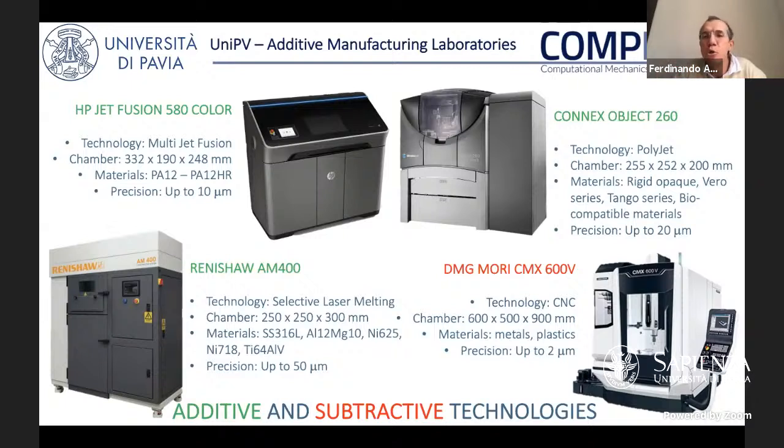And here I'm showing you some of the technologies that we are bringing into our lab. So now in the lab, we have a metal printer. These are just a few of the technologies we have. That's a metal printer. This is a Jet Fusion from HP. That's a PolyJet machine from Stratasys. So you can really come up with different technologies. Each single technology has its own benefits and problems.